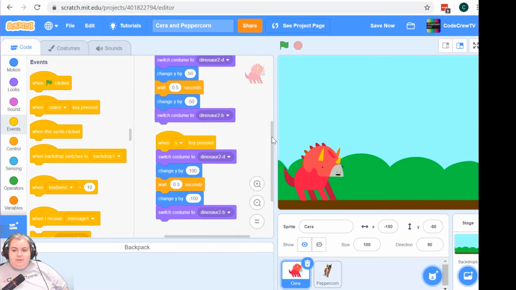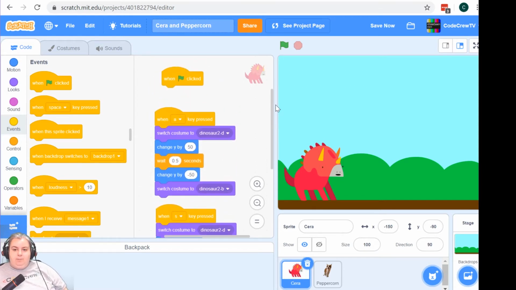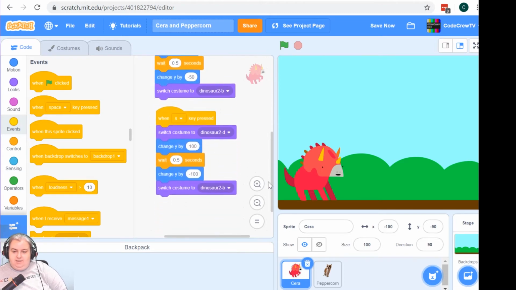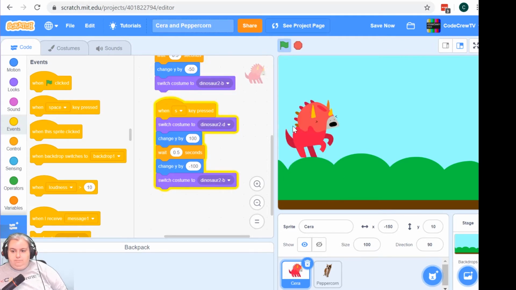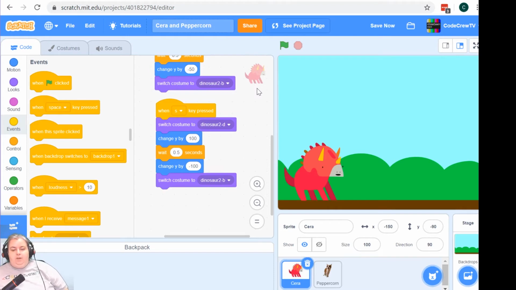So now, instead of something happening when we hit the go flag, nothing happens. I have to hit A in order to do a regular jump. I know you can't see my keyboard, but I'm hitting the A key right now. All right, and I will hit the S key for a super jump. All right, so that looks pretty good. Regular, super, regular, super. All right. So now